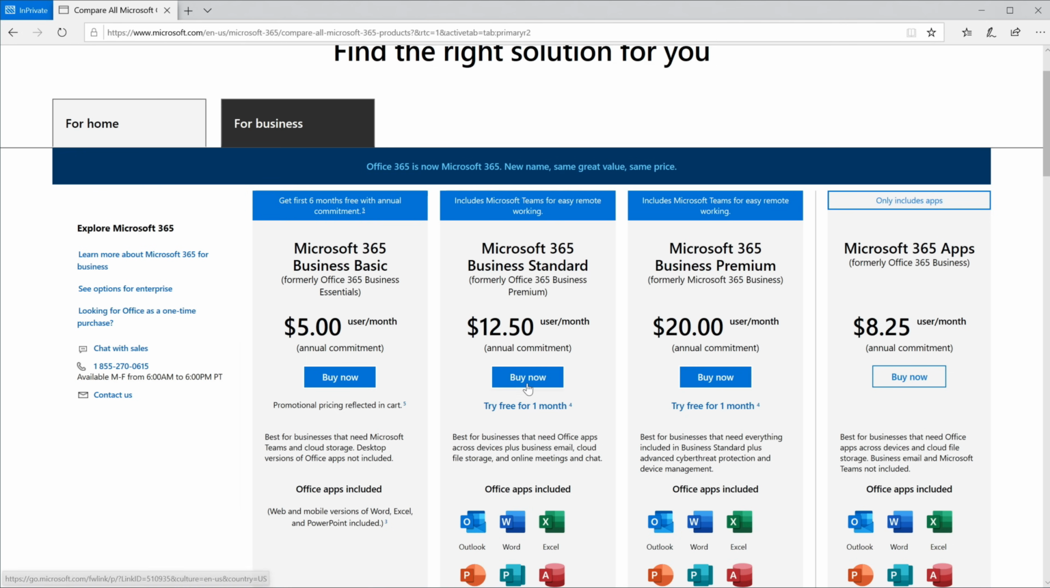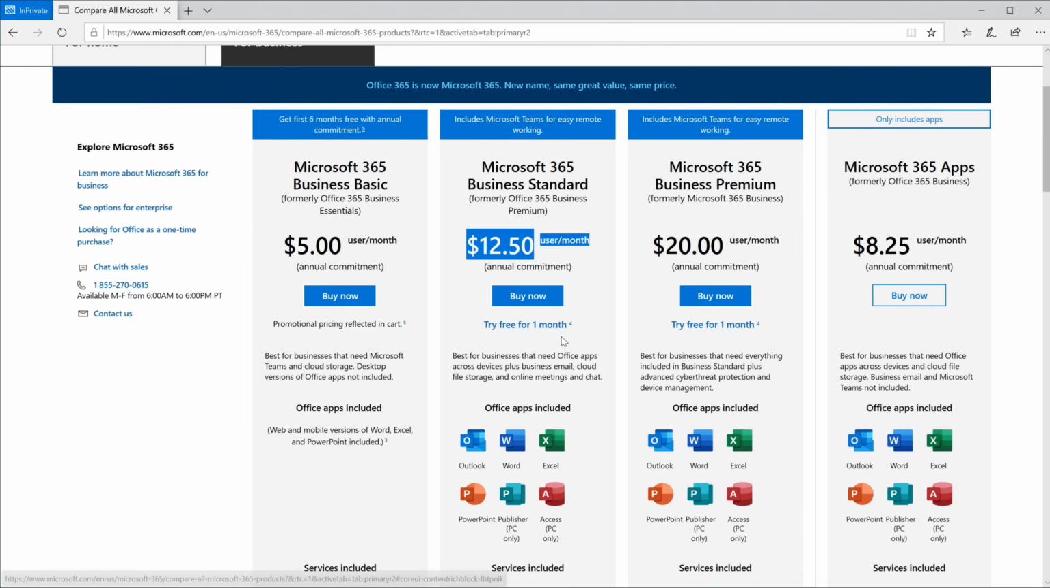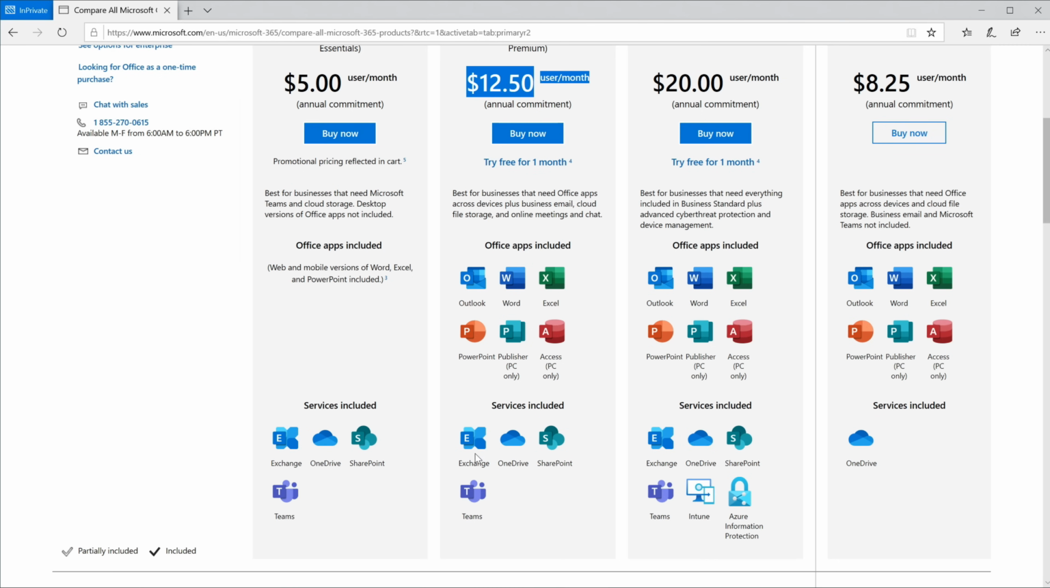If you don't have it yet, you could buy it. The cheapest plan that comes with it is $12.50 per month. Now, for $12.50 per month, you get Microsoft Bookings, but not only that, you also get all of the different Office apps, including Outlook, Word, Excel, PowerPoint, Publisher, and Access. And then you also get Exchange for email, OneDrive for cloud storage, SharePoint,